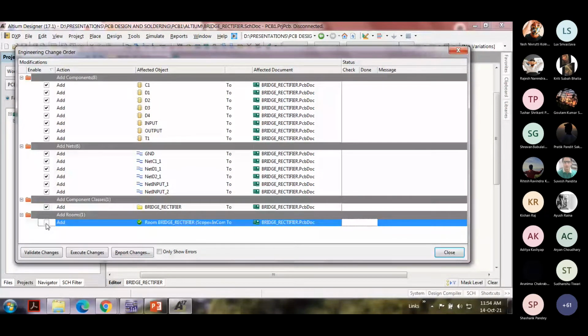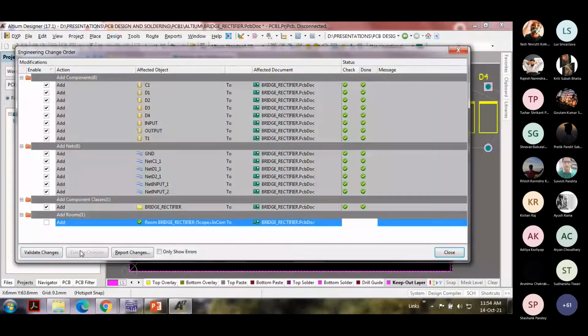Uncheck that and click on Validate Changes. If everything is in order, you'll get all green check marks. It means that it has found the proper parameters. And now we are going to execute those macros. Just remember the flow chart.